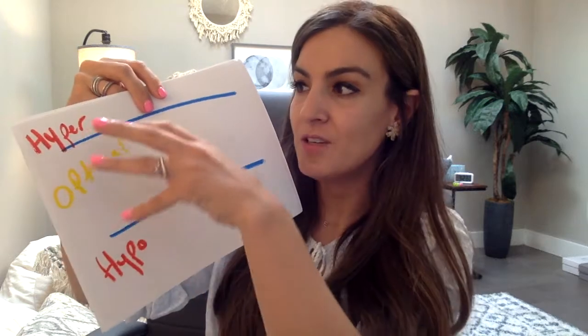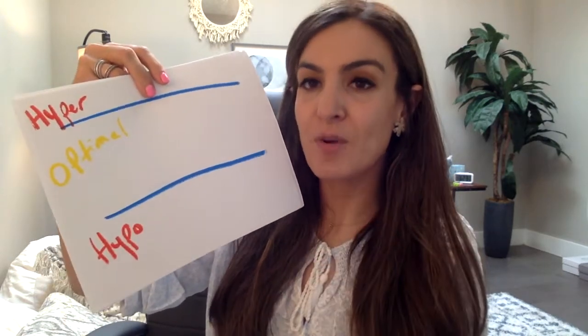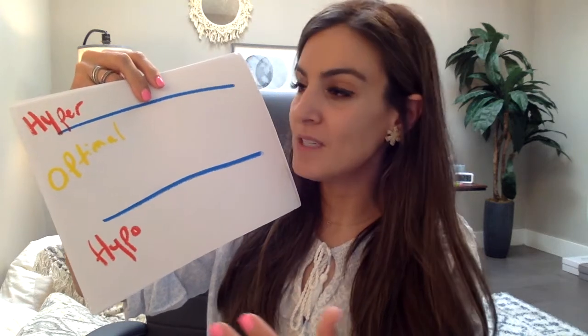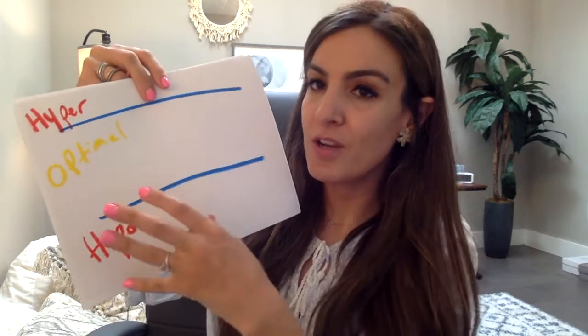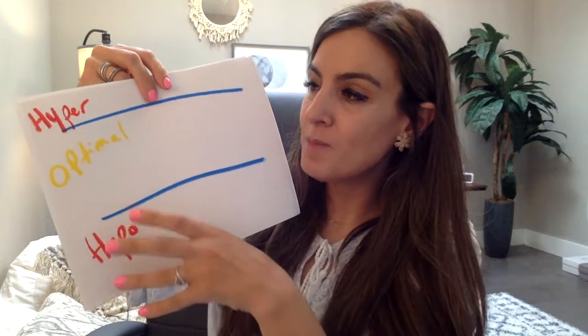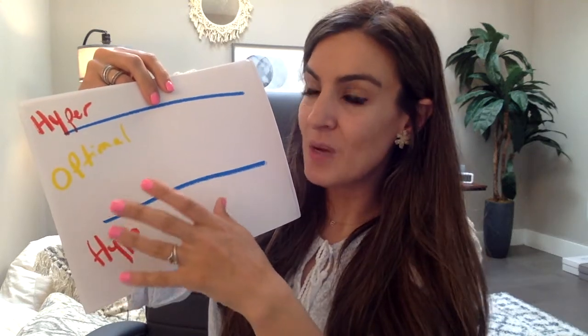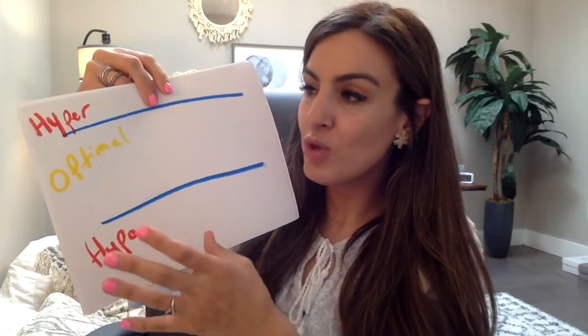We need to have the capacity to go up here when we have to present for a presentation or when we are processing through things in our life. And then we do need the capacity to go down. But when we're in either of these places, it doesn't feel very good in our bodies, and we can't think and feel at the same time. We're usually just stuck in one, either thinking too much or feeling too much or not feeling at all.